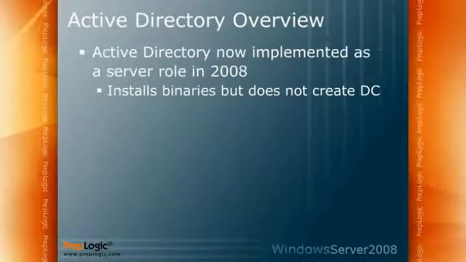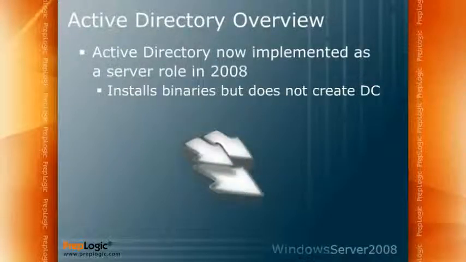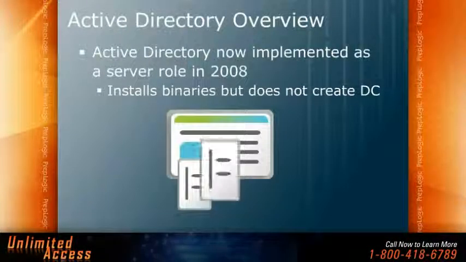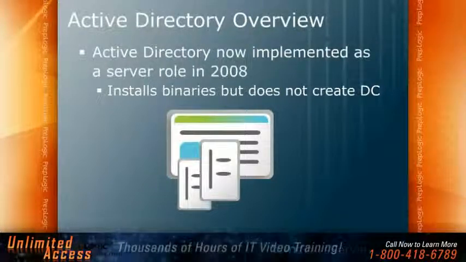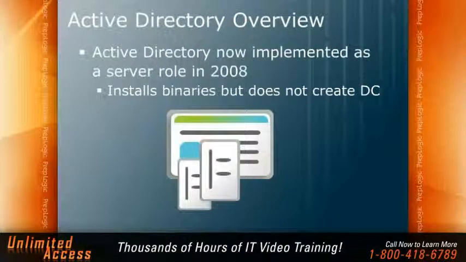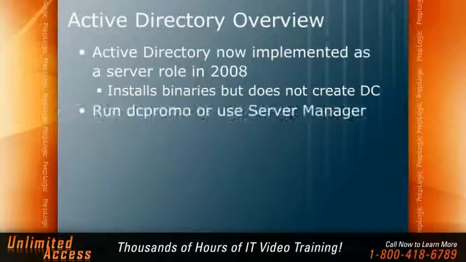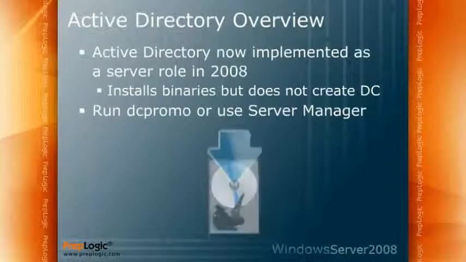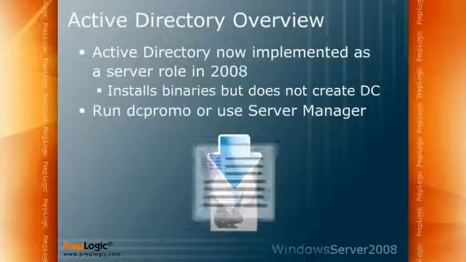Once you've got the binaries installed, you still need to go ahead and run DC Promo, or through the Server Manager utility that comes up each time you log on to Windows Server 2008, there are links there to promote the computer, now that it's got the role installed, to become a domain controller. By the way, a little shortcut here: if you don't want to install the role ahead of time, you can just go ahead and run DC Promo. Most network administrators are used to doing that when it comes time to create a domain controller. Start, run DC Promo. That still works in Windows Server 2008. It actually goes ahead and installs the role for you if it's not already there, and then launches into the